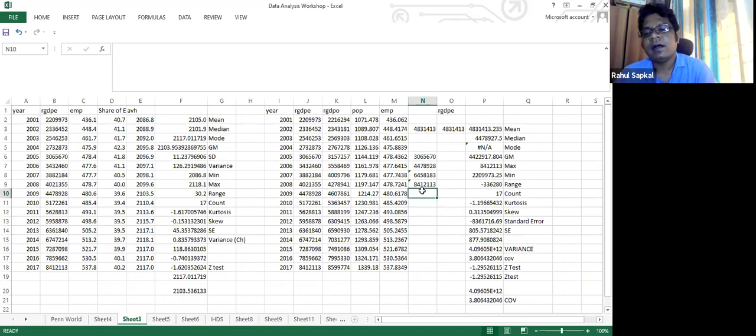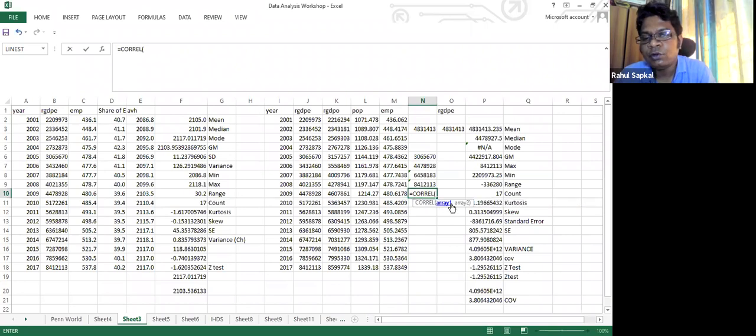Okay, now let's learn one more: the correlation. Generally we ask, is there any correlation between, let's say, population and employment? Do you believe there is any correlation? Yes, theory says that there is a correlation. So let's check the correlation.